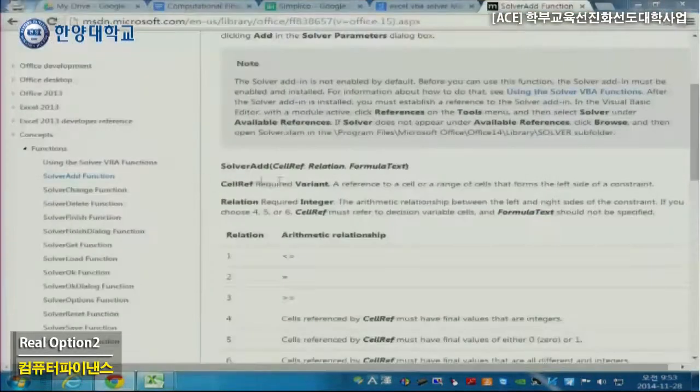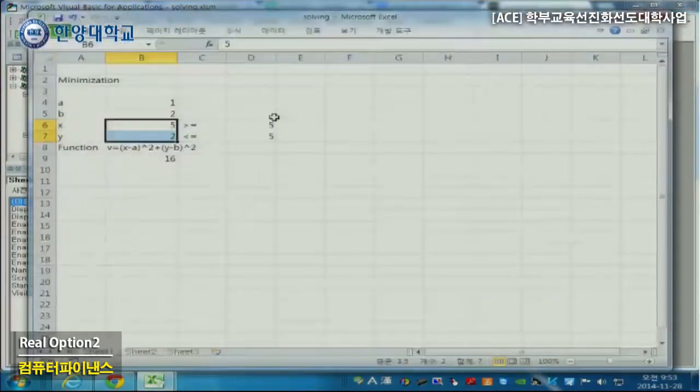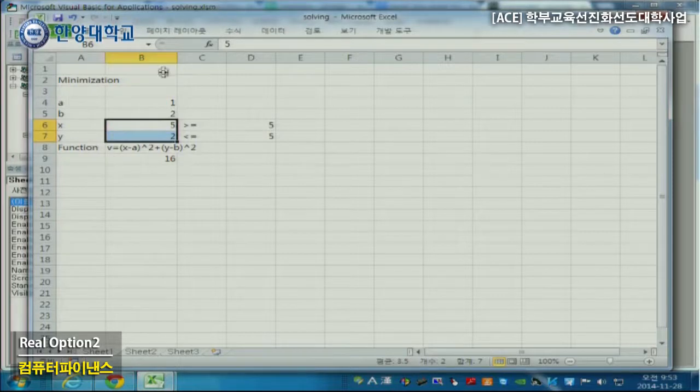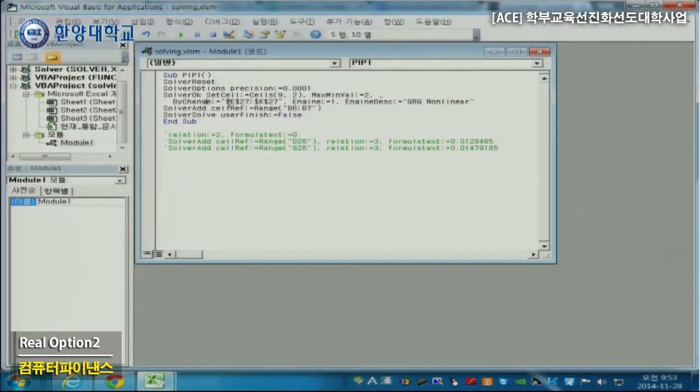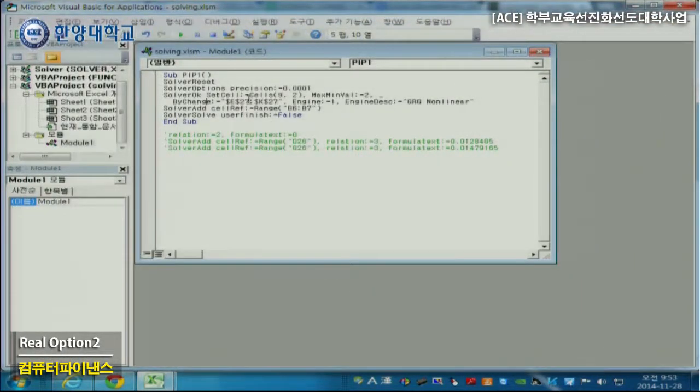And our target set is now 2. Our target set is 9, 2. And then minimize, which is maximum value 2. And by changing B6, B7, by changing what? What is the B6, B7? Somehow I don't need this one either. So by changing B6, B7,